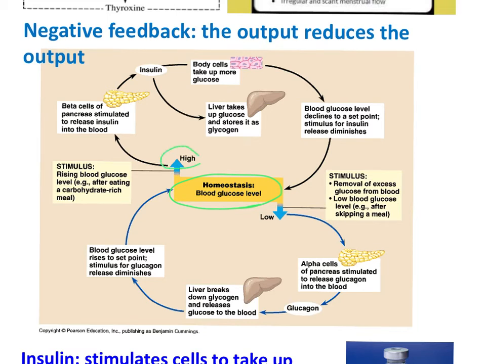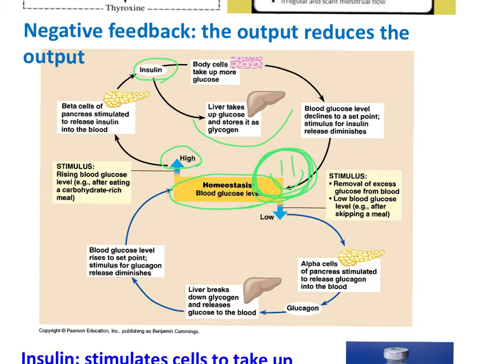When that blood sugar level is high, you release insulin, and insulin then puts that sugar into your cells, which is a good thing because your cells need sugar to do cellular respiration and make ATP. So insulin allows the cell to let glucose in. If there's an excess of glucose, your liver can store some of it for periods of time when you don't eat. That will then return blood sugar levels back to their happy point.